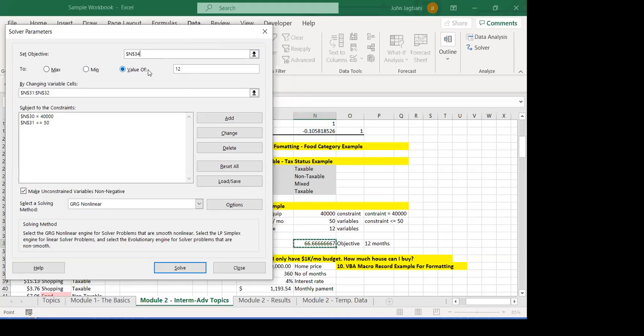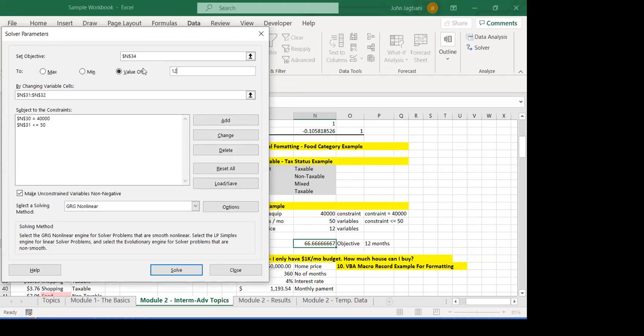And I'm going to say, I want it exactly 12 months. I don't want it lower, I don't want it higher, I want to pay it off in 12 months. So I hit the Value Of button and I put 12. So that is my objective. You can see it sets the objective, okay? Then it's saying, well, what do you want to change? Which parameters am I allowed to change? And well, we want to change row 31 and 32,